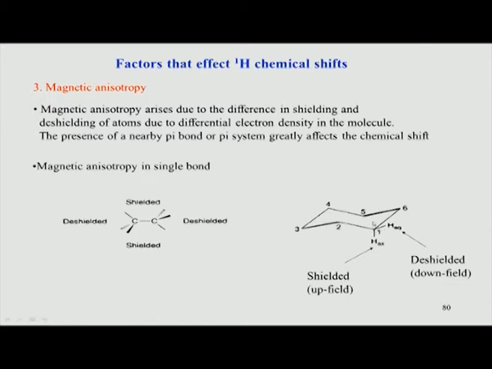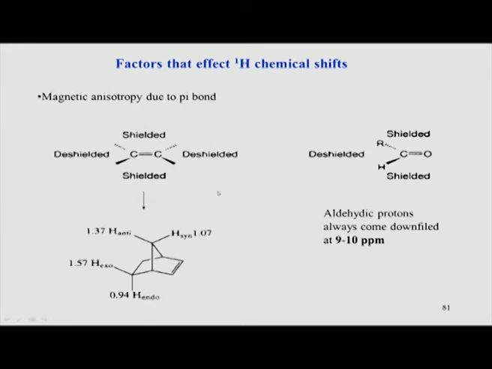So, that means the two hydrogens attached to the same carbon atom do not have the same chemical shift value. The equatorial one is de-shielded, whereas the axial one is shielded, upfield shifted. This is how the magnetic anisotropy affects the chemical shift values of hydrogen atoms. Here are some more examples of the anisotropy effect.